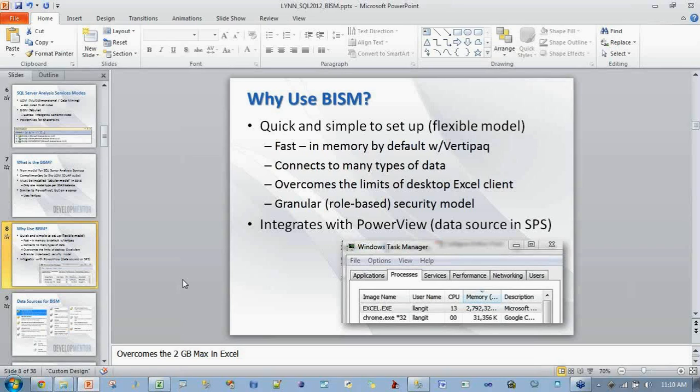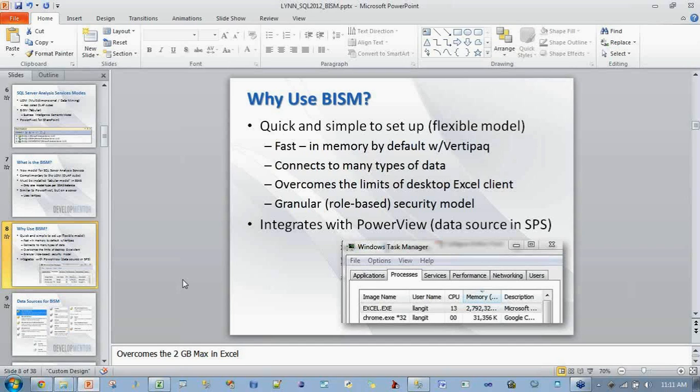So the idea with the BISM is that you skip the intermediate step, you connect directly to your source data, and then you benefit from the in-memory optimization of VertiPaq so that you get the flexible query model without having that intermediate step. So it's got customers really excited, and I've actually worked with some customers in the pre-release and already now that we're in release, and the adoption has been very fast because the model building time has been